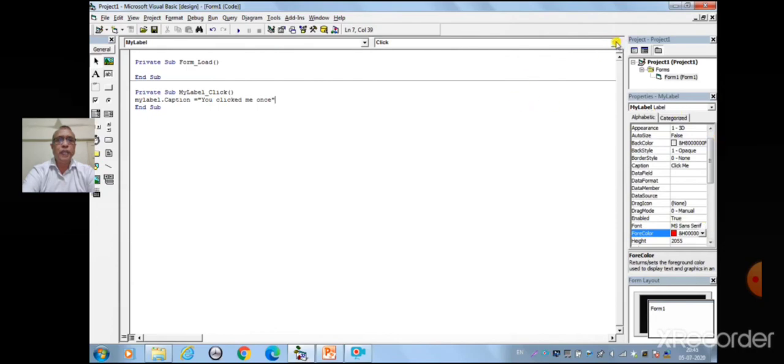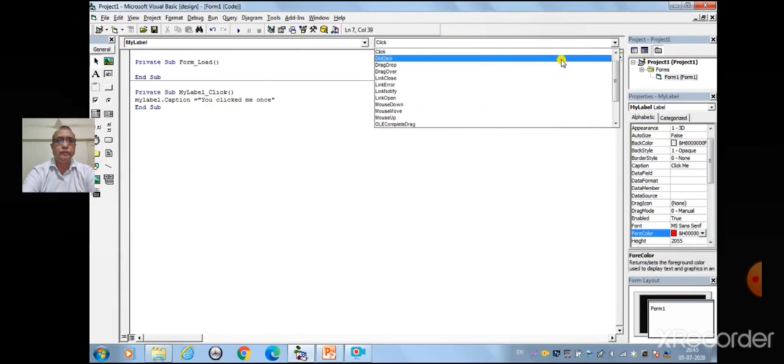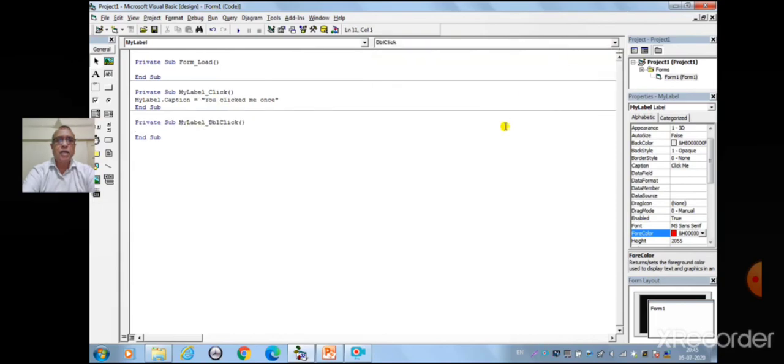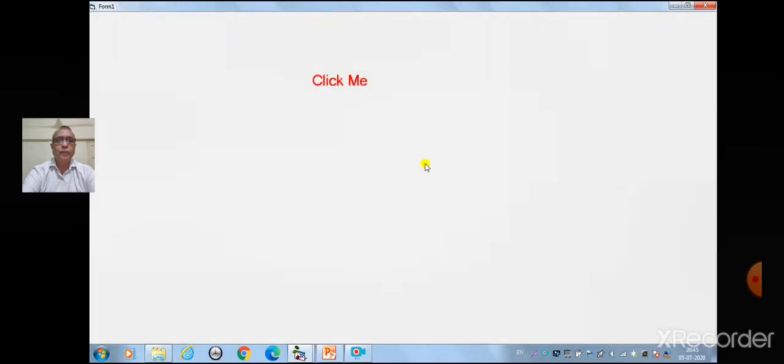Now change the event to double click and start writing my label dot caption is equal to, in the quotes, you clicked me twice. Now run the program.